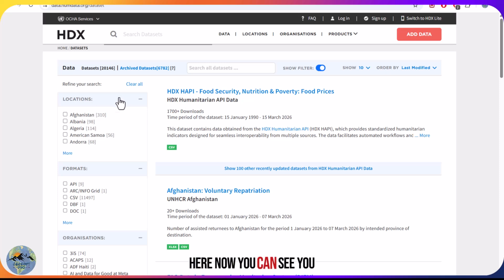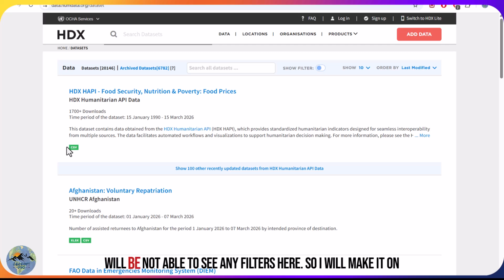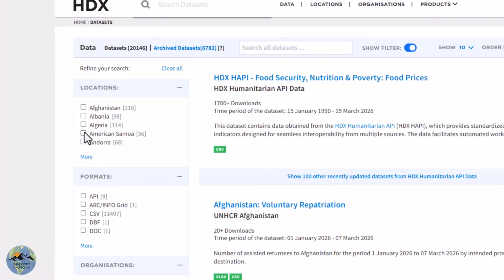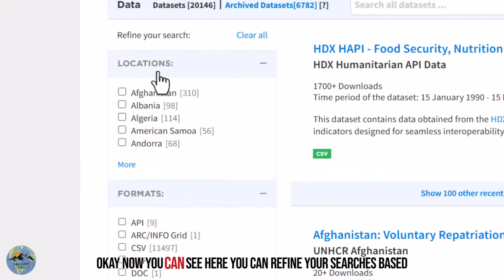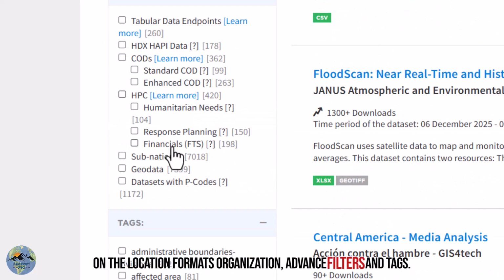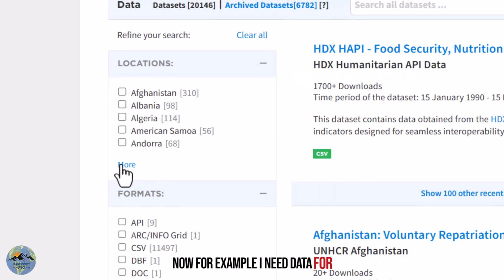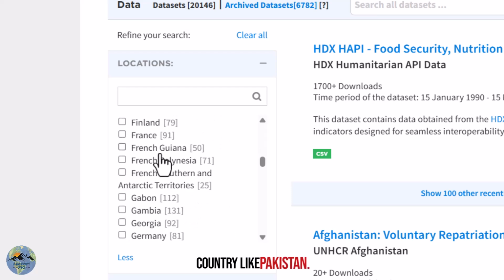Here now you can see you can put filters here like locations. You can see here the show filter is on. If I turn off, we will not be able to see any filters here, so I will turn it on. Okay, now you can see here you can refine your searches based on the location, formats, organization, advanced filters and tags. Now for example, I need data for a country like Pakistan,